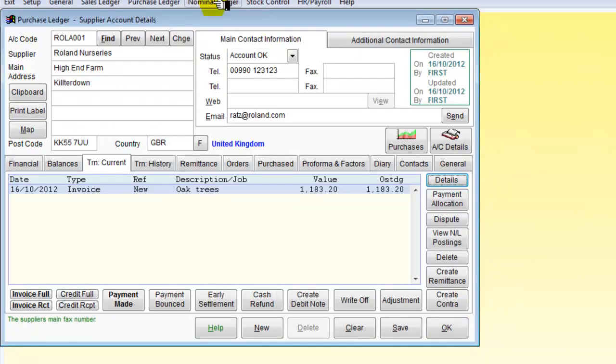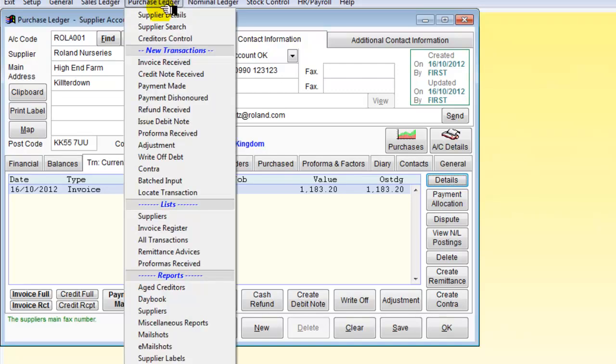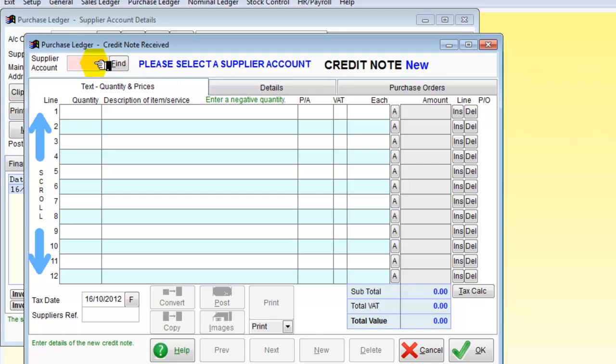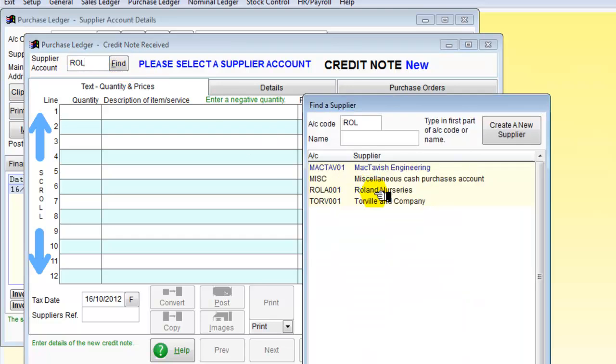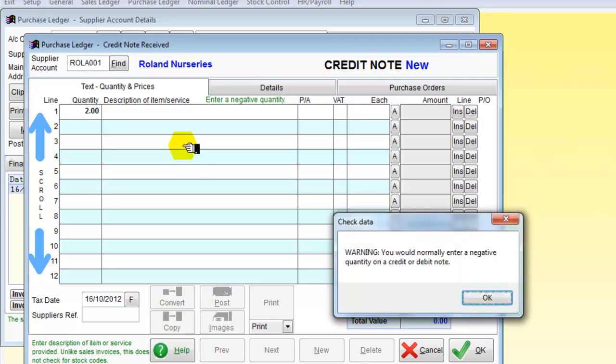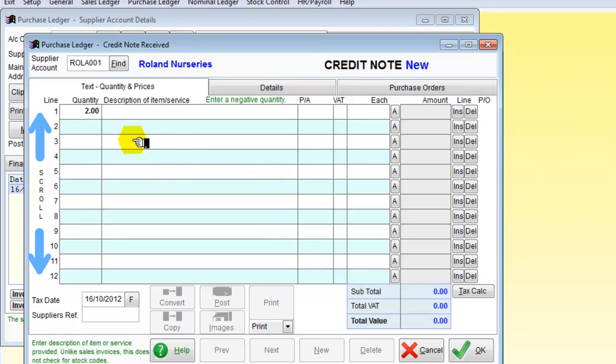I don't want to make any changes to it, and I'm going to look at the purchase ledger and I'm going to look for a credit note received. There we are, and I've got to find it for Roland Nurseries, so ROL and find, there we are, Roland Nurseries, and I'm now going to return my 2 oak trees. It says actually that I've got to do that as a negative quantity, we might note that. And these are oak trees,